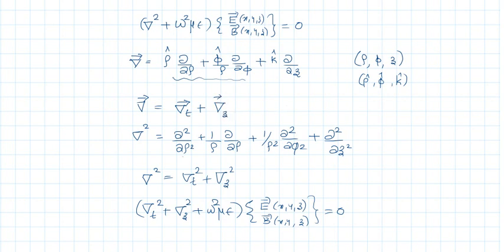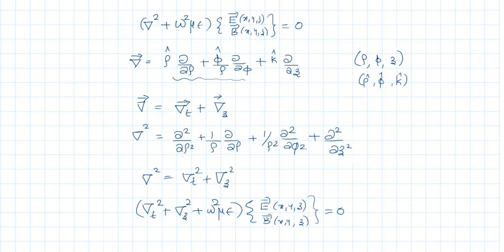Then, if you split del square in cylindrical coordinates into two parts, one part consists of the component which has a z dependence, called del z square. All other terms combined together are called del t square. So del square in cylindrical polar coordinates, you separate into two: one z dependent term, that is del z square, and the remaining terms, del t square. Okay, that is del square in the wave equation. You can replace it with del t square plus del z square plus omega square mu epsilon acting on E or B. Here E and B are functions of x, y, z.